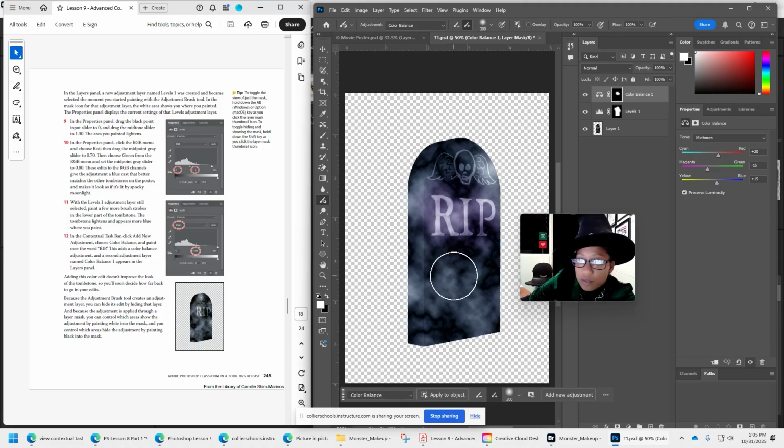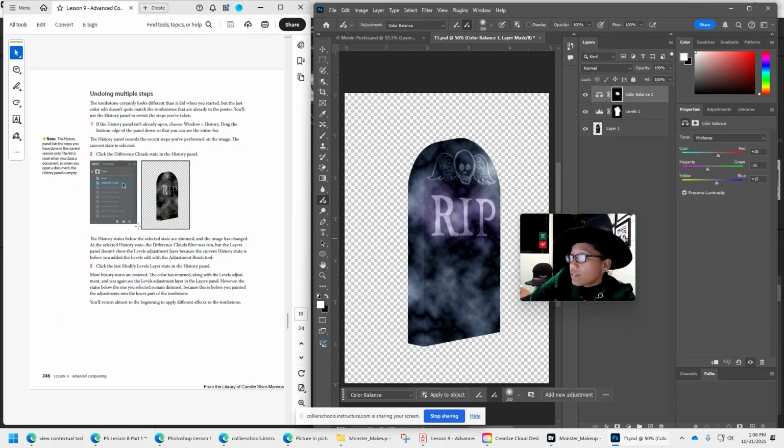Okay. Now it appears more blue when you paint. Okay, it did. Now again, add a Color Balance and paint over the word. Add a second adjustment layer named Color Balance 1 in the Layers. So we did that. Okay. Adding it doesn't improve the look. You'll soon decide how far back. Okay, so they wanted you to do all this so that you could go back and save a previous point